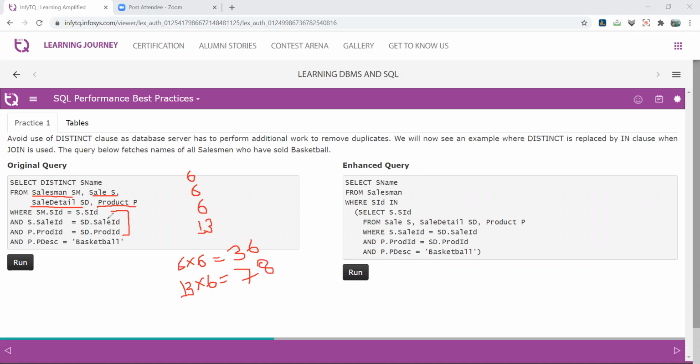Next, the product ID, where P stands for product and SD means sell details. So again 13 into 6 comparisons are required.